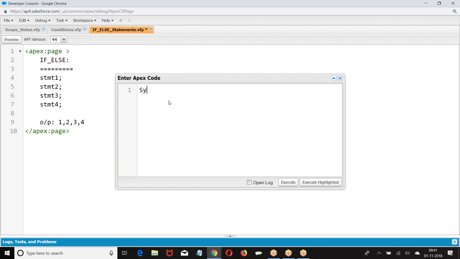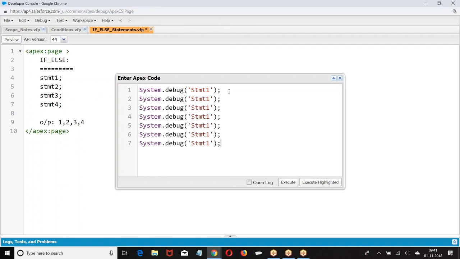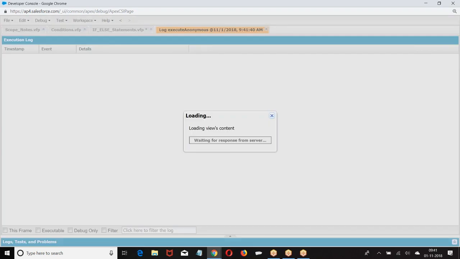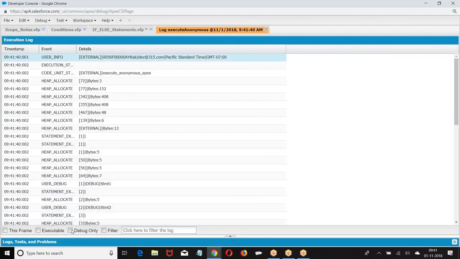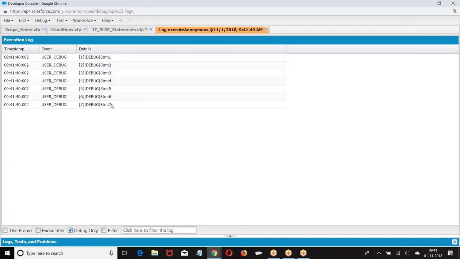If I am writing like this, I wrote some program. Now, I executed it. Then what happened? Automatically, one by one is executed in the sequence order: 1, 2, 3, 4, 5, 6, 7. I don't want them to run by default.